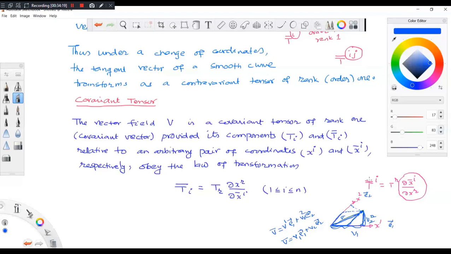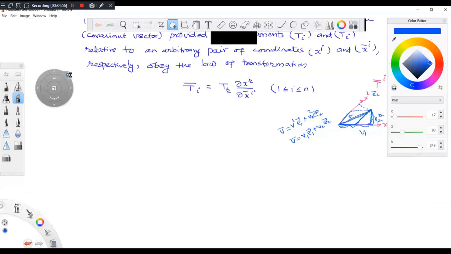So this is a kind of visualization of what is contravariant and covariant. Now, I will take an example for covariant. One example you have seen for contravariant, that is nothing but the tangent vector. The tangent vector transforms like a contravariant vector. Now I take another example of a vector which behaves like a covariant vector. Then you will understand how even though they are vectors, they behave in two different ways. Let me take an example.